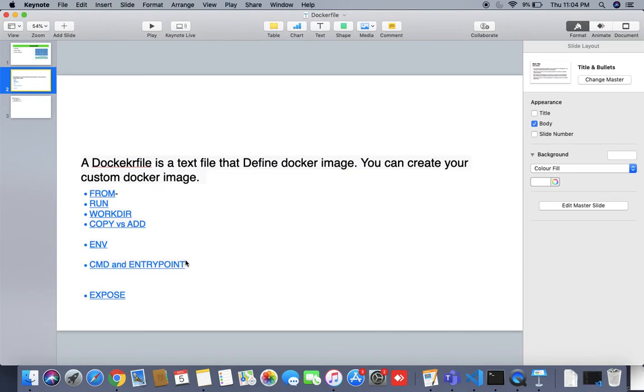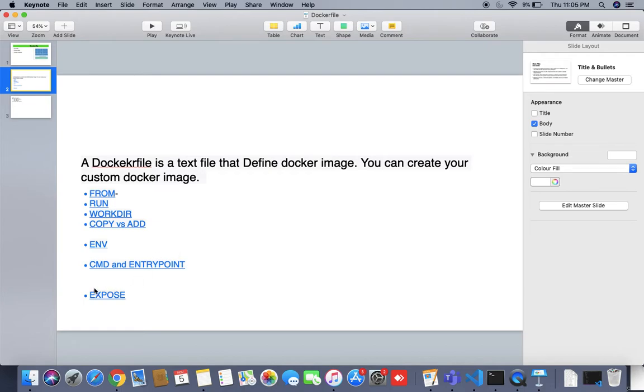I'll do hands-on on this after this. Let's say you are in the testing stage, you want to change the commands, you want to change the command each and every time. In this case you will use CMD. Entry point, let's say you are running something in production, and in production we will not change anything. So in the production environment use entry point. In a dev environment you can use CMD, but entry point is more trustable.